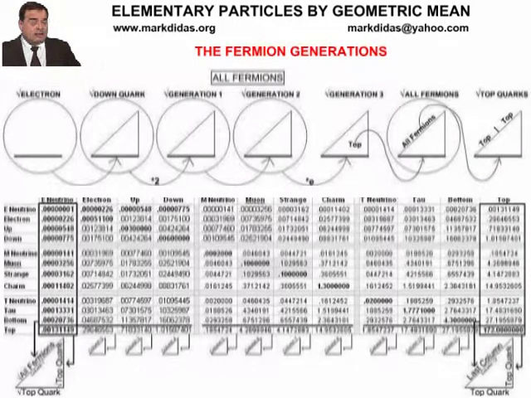As we end this video, I will ask you my usual question. Why do the fermions exhibit such concise geometric symmetries as derived from first principles? Is it by chance